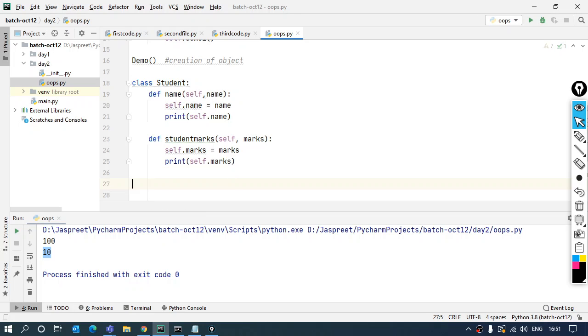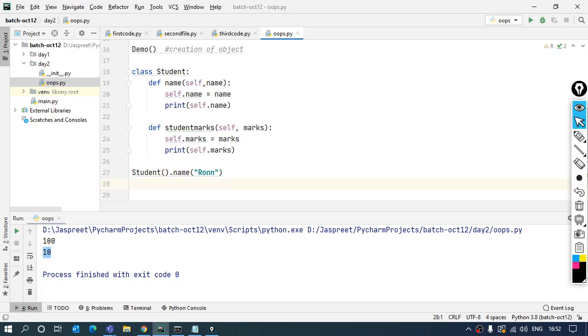Now I'll create the object of the student class. I'll say student. This my object has been created, right? After that I have two functions. One is the name. To this I'll pass on some name like Ron. That will be stored. Now to pass on the marks also, I need to use the object, otherwise I won't see that particular function.